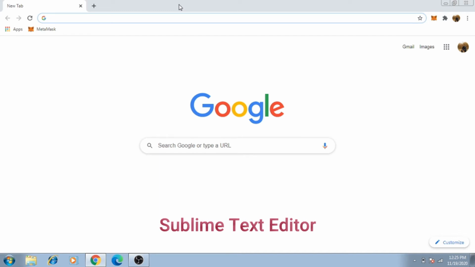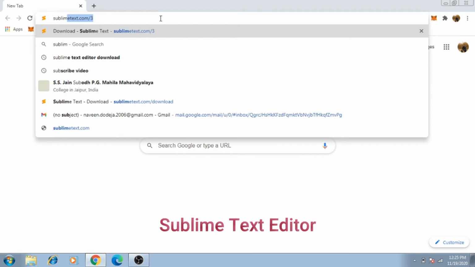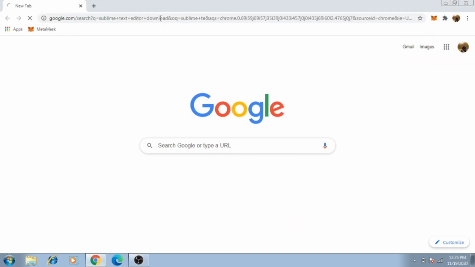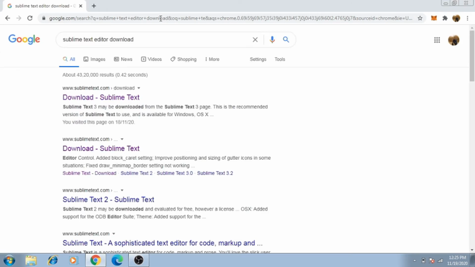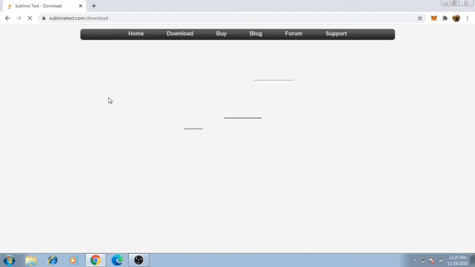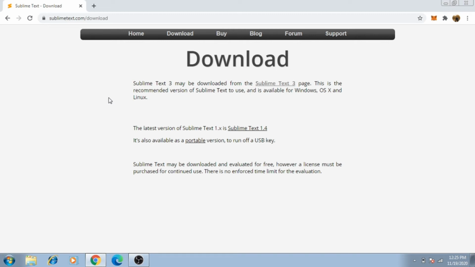To download it, you just open any web browser and type Sublime Text Editor download in the search bar. It searches so many URLs. The very first URL that you can see in the Google search, click on it. It opens the Sublime Editor site.